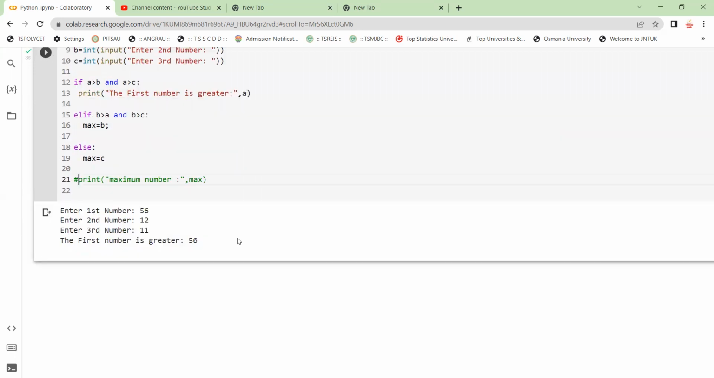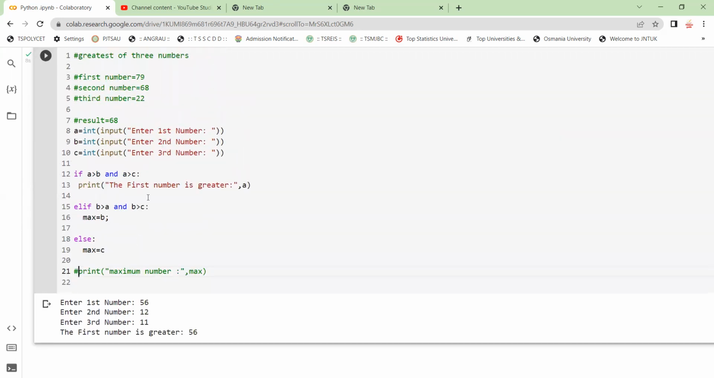Now see, the first number is greater, 56. So instead of this max is equal to A, B or anything, you can put the print statements also. So by these two ways of writing a